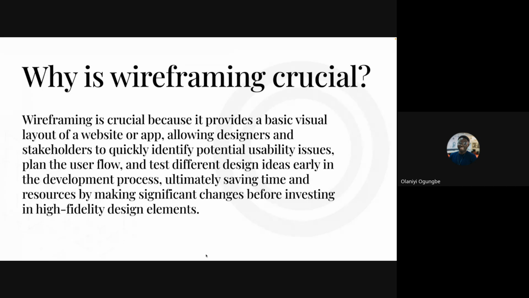Also, you can get an idea of how the users would interact with that application while doing the wireframe, because when you're doing the wireframe, you're putting buttons in different places, you're putting text in different places. You are also trying to say, okay, when they click on this button, what should happen next? You are also adding actions to it without having to build the product.